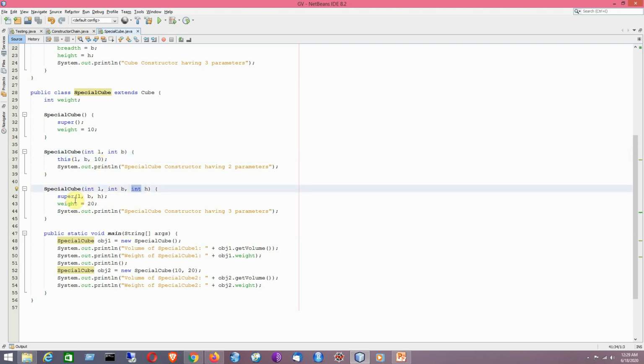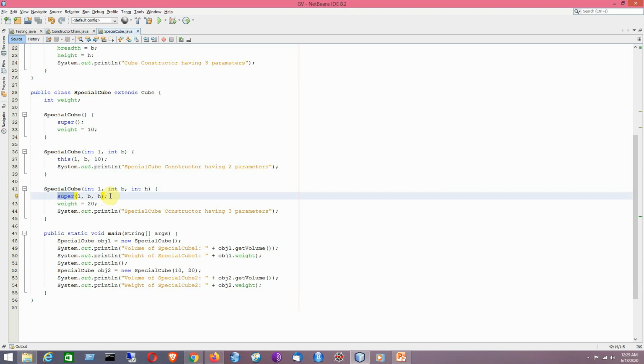Now from here we are basically having a super call, because we have already mentioned that, in order to have constructor chaining, the first line of the constructor will have either the this call or the super call. So here we are having a super call.